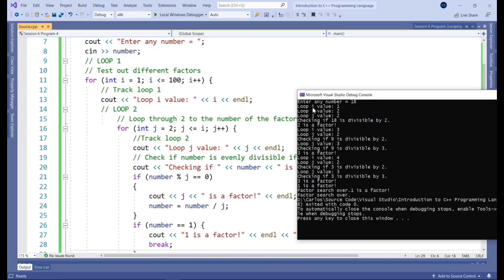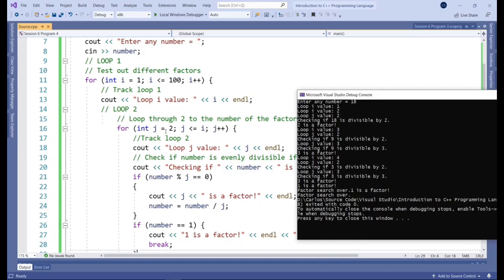We're starting with our first loop. So the value is 1, right? It comes to the second loop, and the second loop completely ignores it because, as you will remember, we're starting at 2, and we're only looking at it if it's smaller than the factor, or i, which is 1. So that would get completely skipped over. Then we cycle back, and now i is 2.